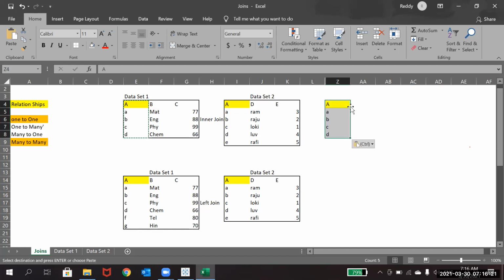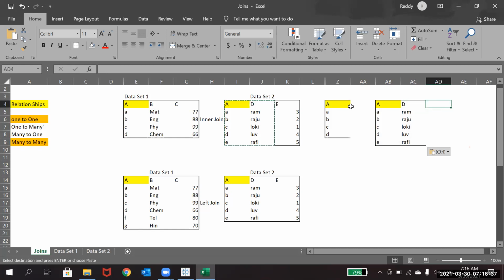So this is data set 1, and this is data set 2, where you just have one. And when it comes to the second data set, maybe I add this also. So between the two data sets, you have only one common column.